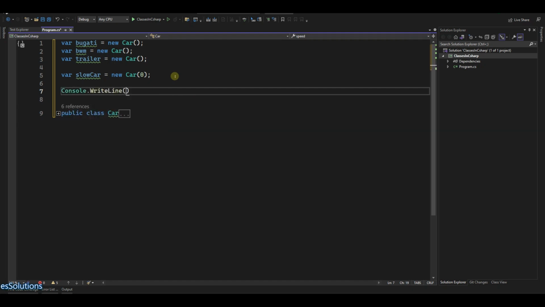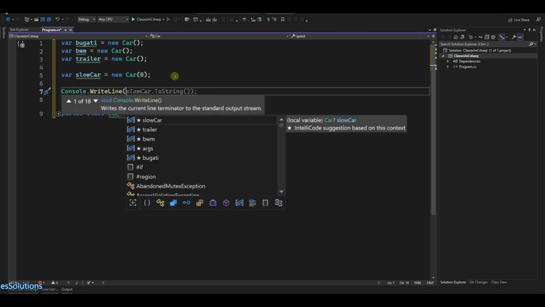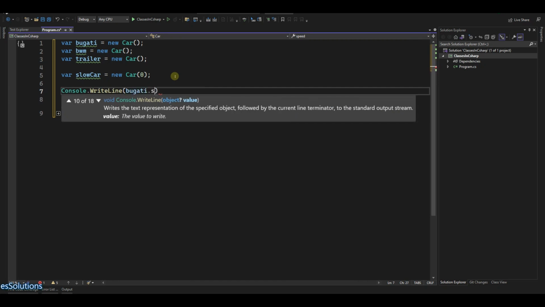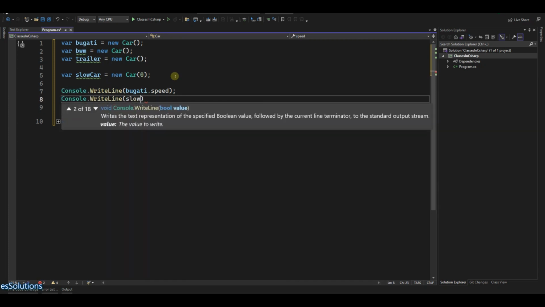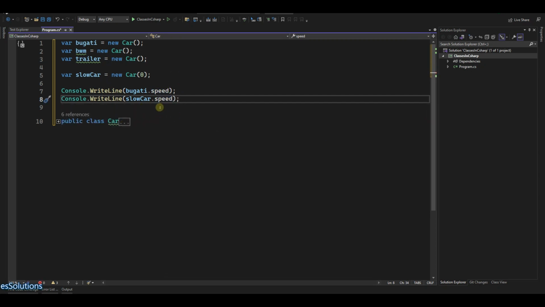Now, if I were to show us this, let me console.WriteLine this for us so that we see. So let's print the speed of the Bugatti, for example, and let's have that of the slow car, so that we can see how the constructor here affects both of them. So let me just put that Bugatti so that it's clear, and then let's have here slow car. So if we run this now